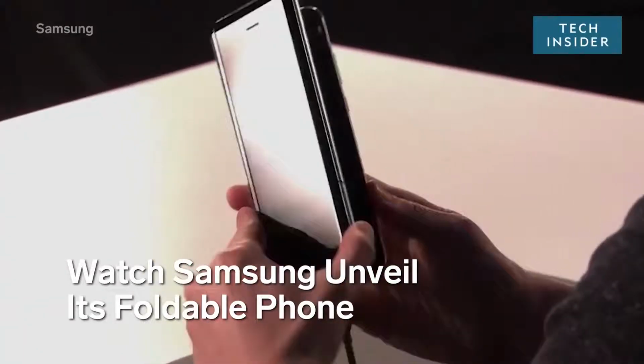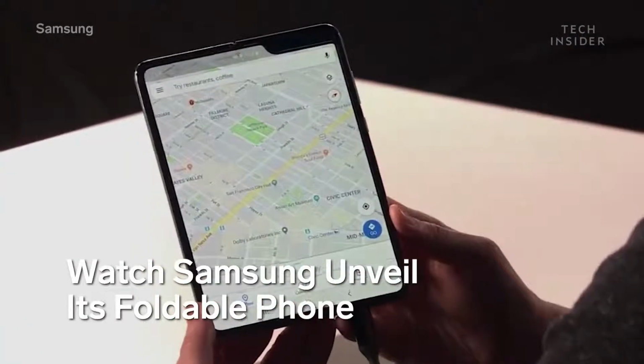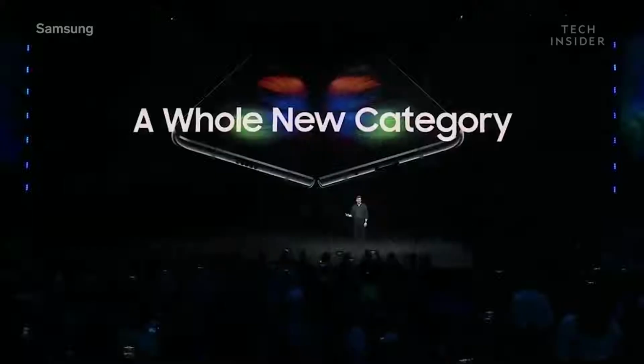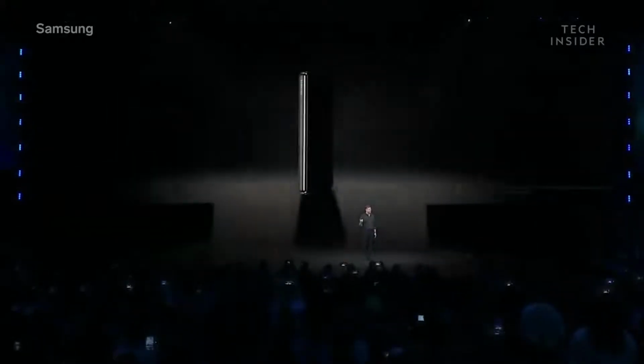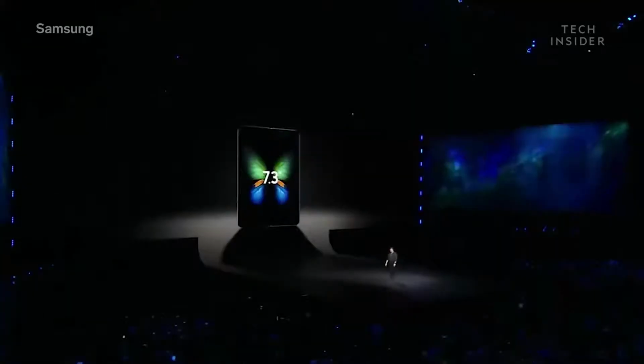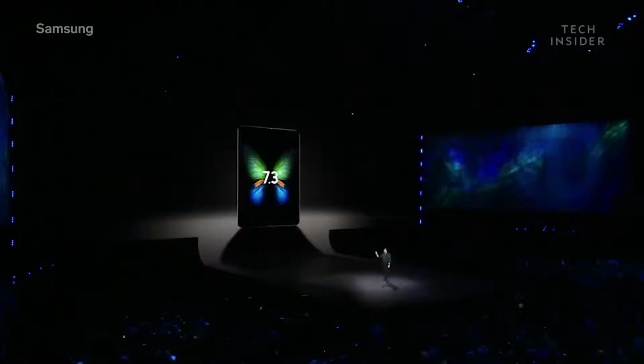And as you saw, the Galaxy Fold is a device unlike any that's come before it. At Samsung, we're driven to invent meaningful breakthroughs. With the Galaxy Fold, you get a powerful smartphone and a revolutionary tablet, all in a single premium package. When it's folded, it has a 4.6-inch display. When the device opens up, your world does too, with a massive 7.3-inch Infinity Flex display that transforms the Fold